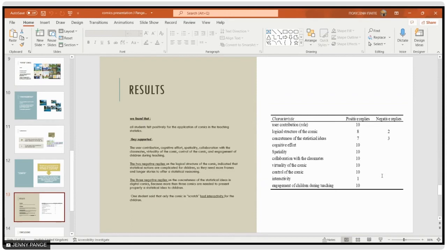We had two negative replies on the logical structure of the comic. Logical structure of the comic we normally find when we use Scratch, but students said that with other kinds of comics like Pixton and Storyboard, the comic itself allows you to put the different motifs and backgrounds in any way you like, and sometimes that is very difficult for them.